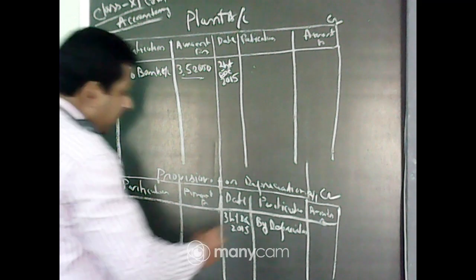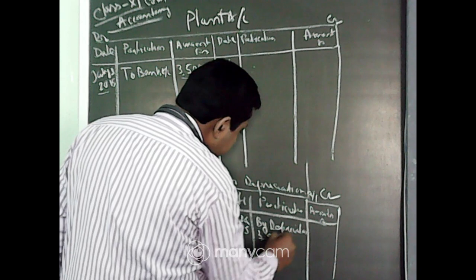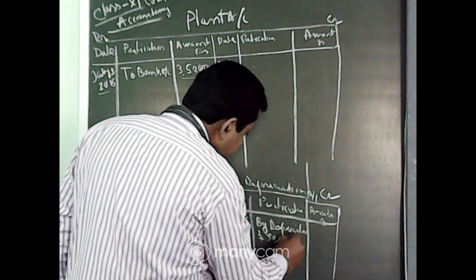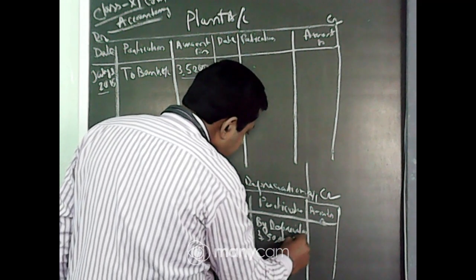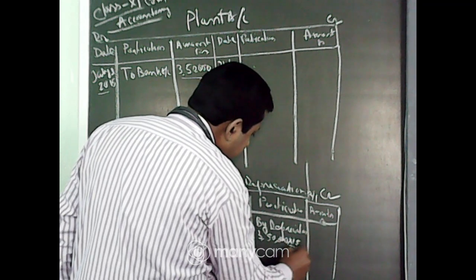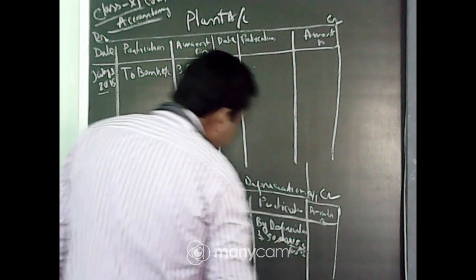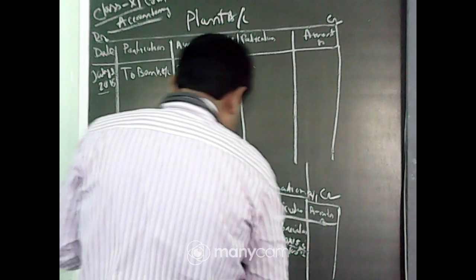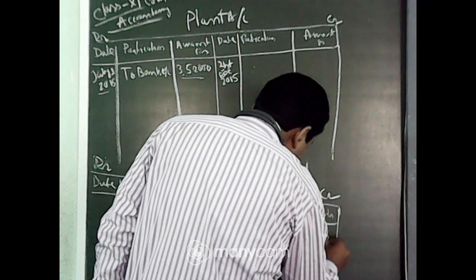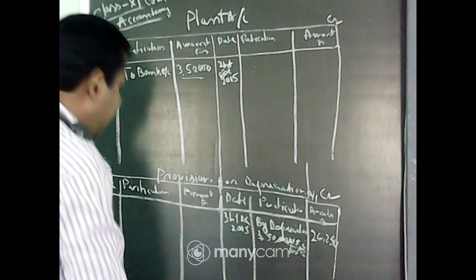So here we have to charge not the whole depreciation of 3,50,000, instead we have to charge 6 months depreciation. So 3,50,000 multiplied by 15 by 100, that is 15% is the depreciation rate, multiplied by 6 by 12. Okay, then what will become? That will become 26,250. So we have charged depreciation in here.